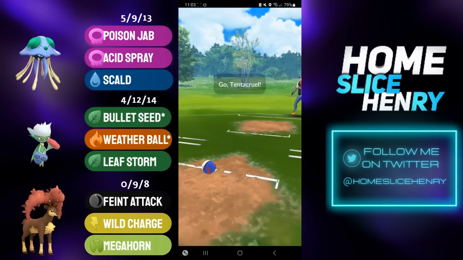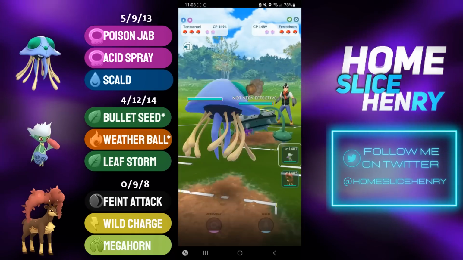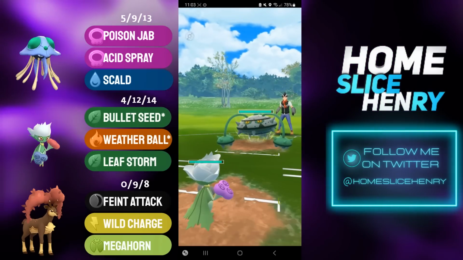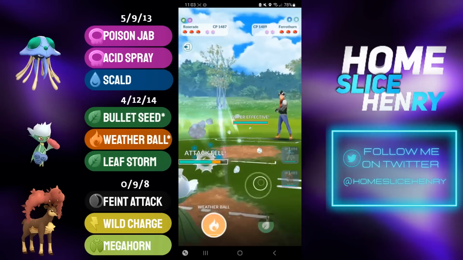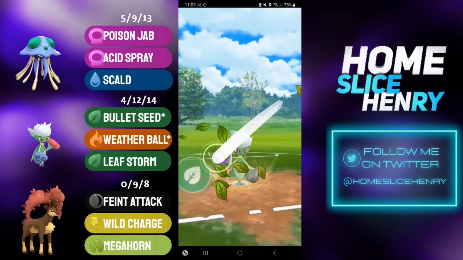The tough leads continue in the next match. Tentacruel into Ferrothorn. I'm going to throw one Poison Jab, and then I'm going to save switch into Roserade. Ferrothorn stays in, and they're actually running Mirror Shot. So they're going to go for the Mirror Shot here. Mirror Shot will actually do some sizable damage, as well as get an attack drop,